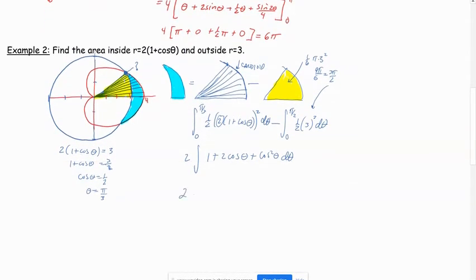And that is theta plus 2 sine theta plus